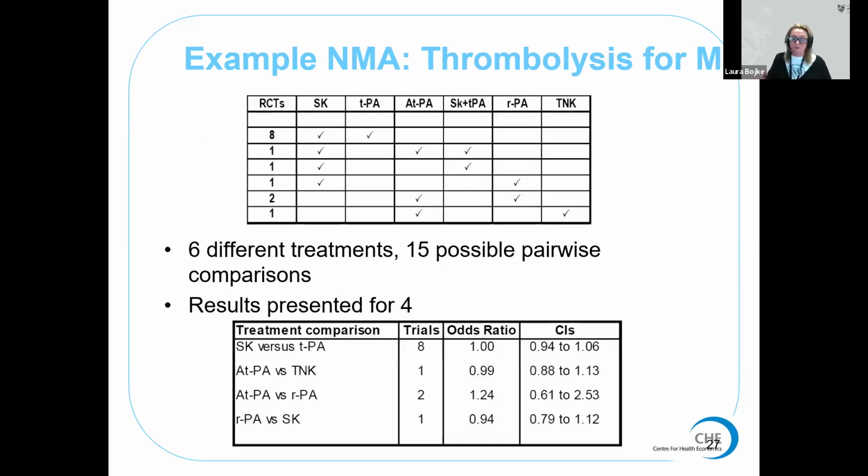We can also go several steps further. We can have a much more complicated set of comparators. So here we have 6 different comparators. This is moving to a network meta-analysis. Within these 6 different treatments, there are 15 possible pairwise comparisons. I've just presented the results here for 4 of those pairwise comparisons. We can see we've got odds ratios for some of those comparators, but we haven't got information across all of those pairwise comparisons. Now, we can put all of those bits of information together to inform a network of